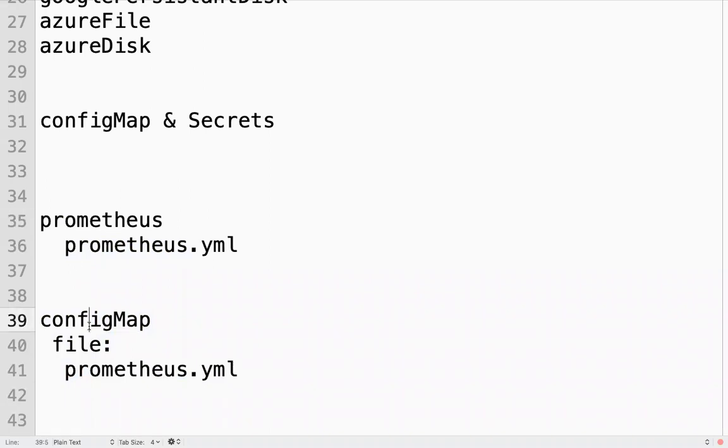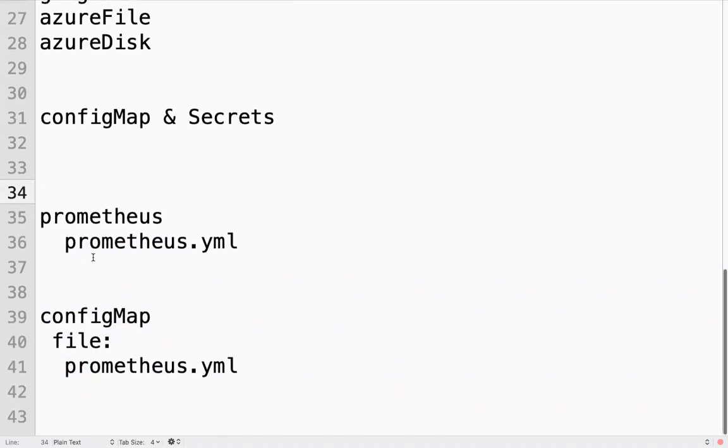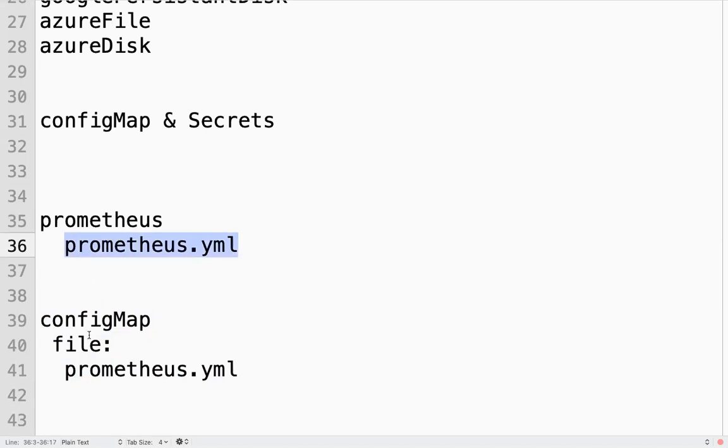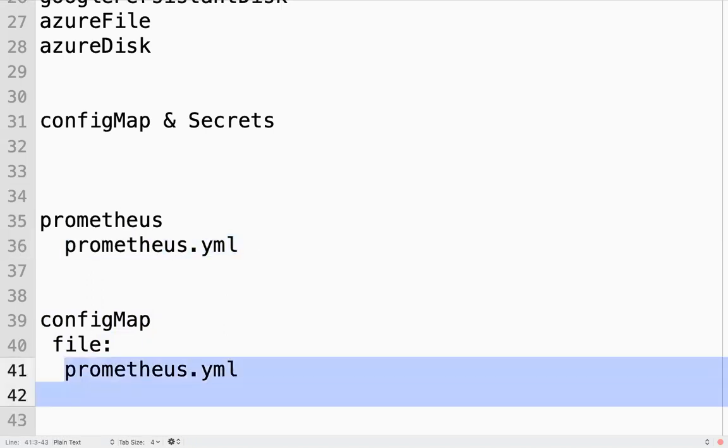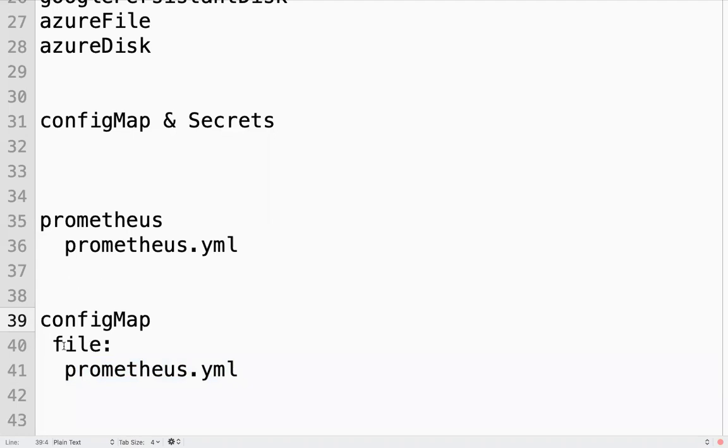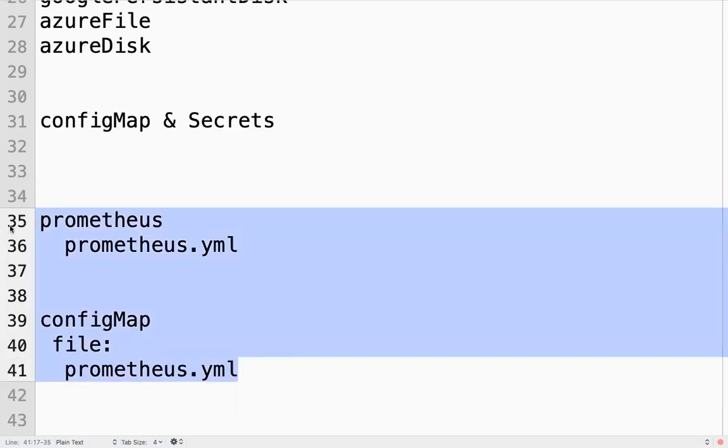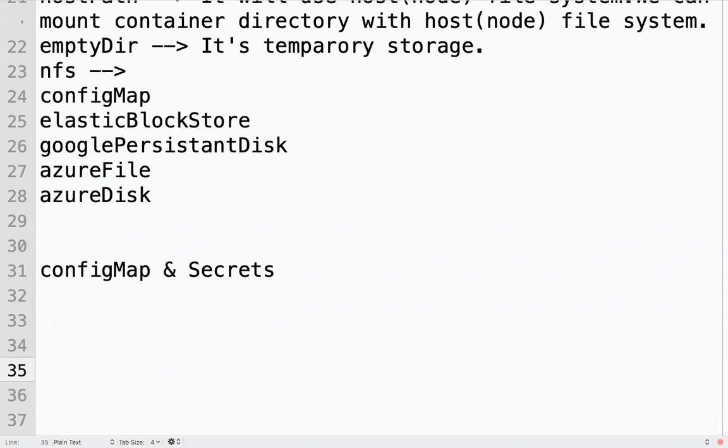So I can use this config map as a value. Can I change these configurations based on my requirement using config maps? We are mapping this config map file to the container file, so this file will be used as part of your container, right? So we can use config maps as values also, but we will not use config map to mount directories. Basically, we will use it to pass some configurations.